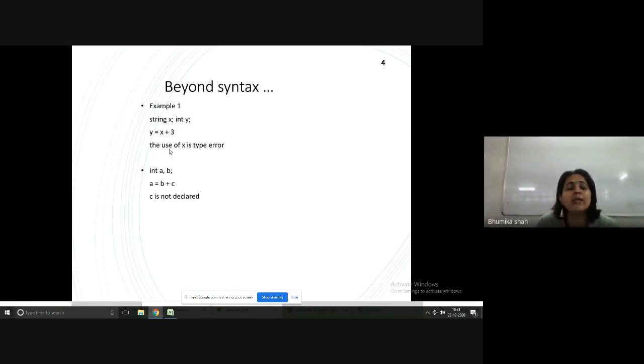Consider the second statement to have a semicolon as well; it is missed by my mistake. So what is the problem here? C is not declared earlier. Before use, c is not declared. So again, the syntax analysis phase is not going to generate any error, but the semantic analysis phase will. In the previous example also, please consider a semicolon at the end of the y equal to x plus 3 statement. Okay, so an identifier may refer to a different variable in different parts of the program.